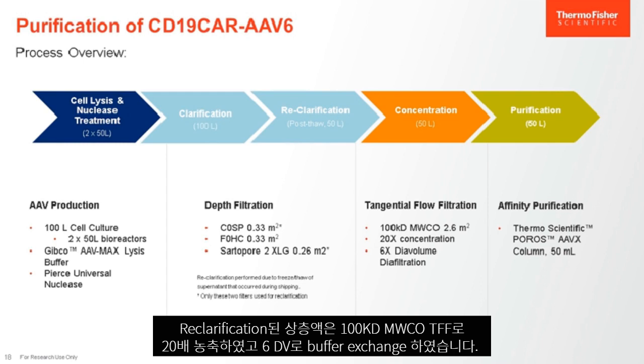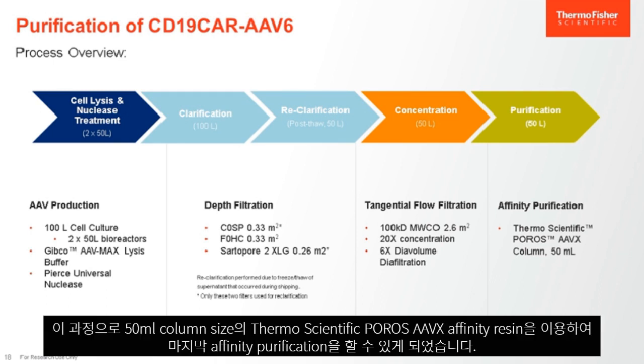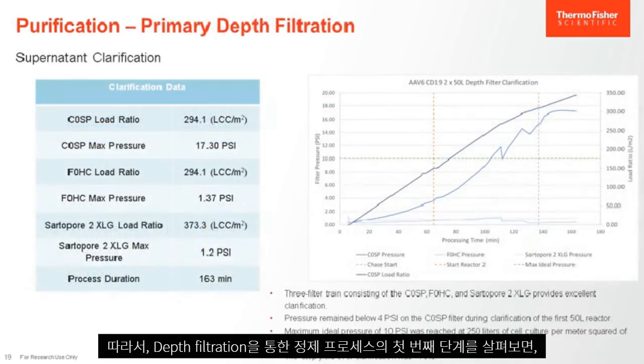concentration by TFF, as shown to the right, using 100 kD molecular weight cutoff, 20x concentration by a 6x volume diafiltration. And then finally to final affinity purification using a Thermo Scientific POROS AAVX affinity resin in a 50 ml column size. So taking a look at the first step of the process, the purification by primary depth filtration, you can